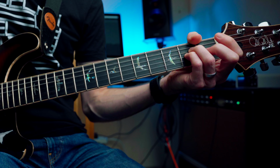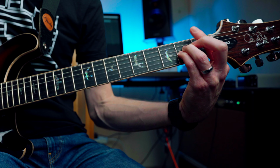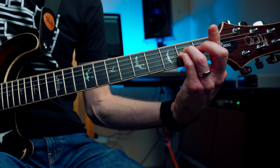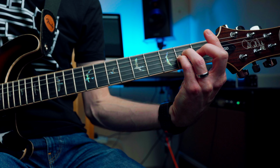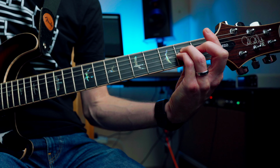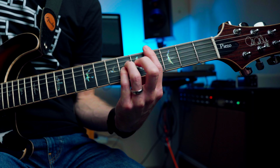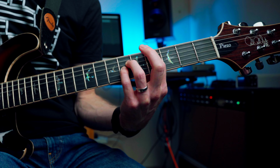We then slide down to an A sus2 chord. I like to keep my 3rd and little finger where they are and remove my 1st finger to keep a similar shape. So the A string is open, your 3rd finger plays the 2nd fret on the D string, and your little finger is on the 2nd fret of the G string, and the B and high E strings are played open. We then slide back up to the 4th fret with the same shape as before,